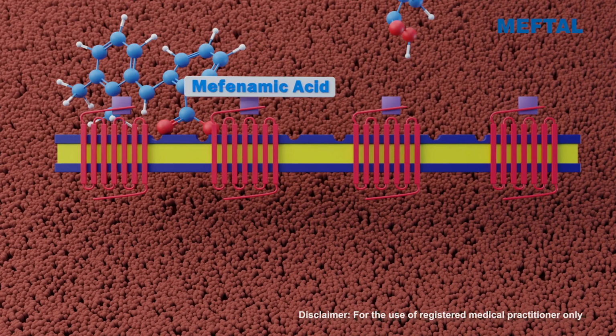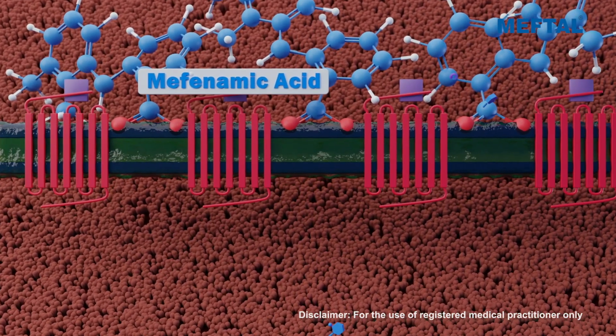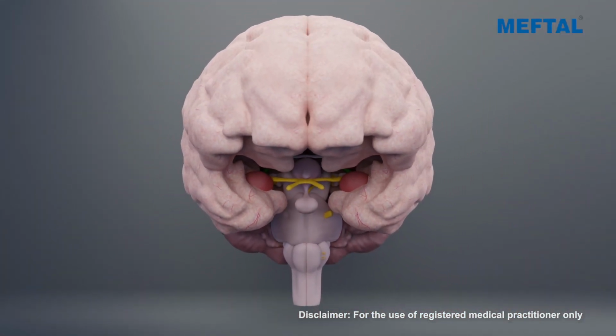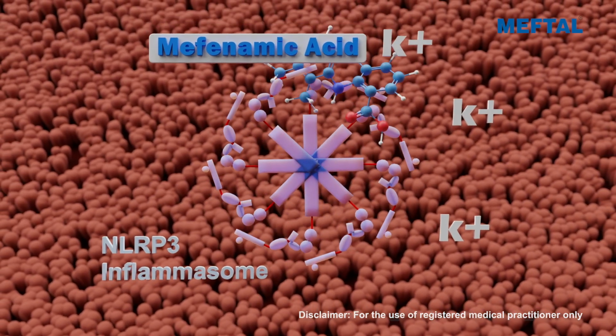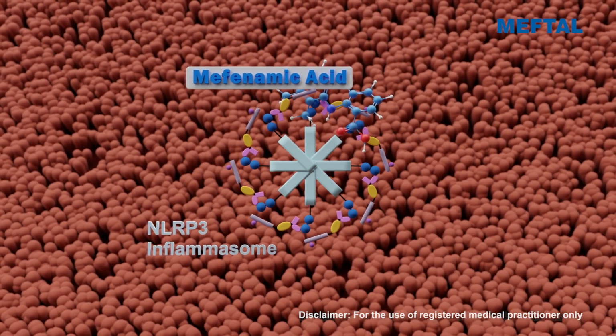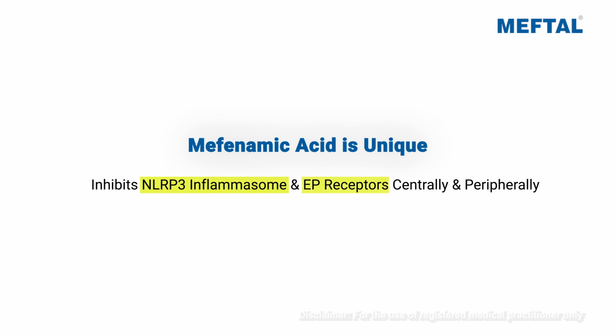Mefenamic acid also inhibits prostaglandin receptors called EP receptors, thereby preventing the action of existing prostaglandins. Mefenamic acid inhibits NLRP3 inflammasome, thereby blocking the release of pyrogenic cytokines. Mefenamic acid is the unique and only antipyretic which inhibits NLRP3 inflammasome and EP receptors centrally and peripherally, hence providing